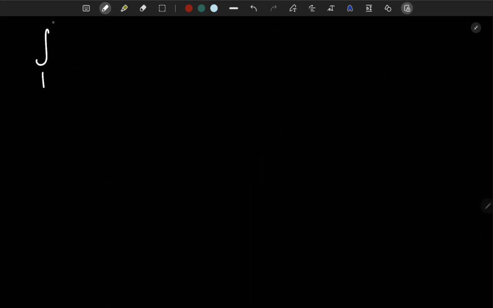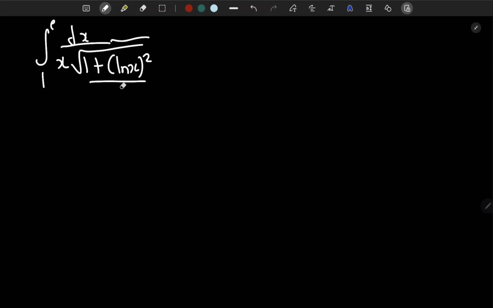It is the integral from 1 to e of dx over x radical 1 plus ln of x to the power of 2. Let me write it again. It is 1 plus ln x squared. So first of all, we notice that we need to use trig substitution, but this is not in the form since ln x is not a linear function. So the first step here is to take u as ln x, and